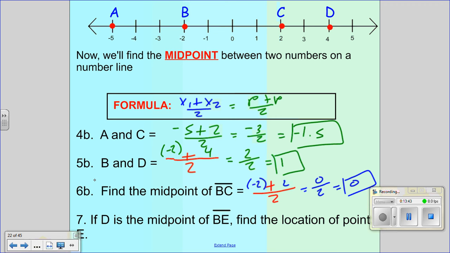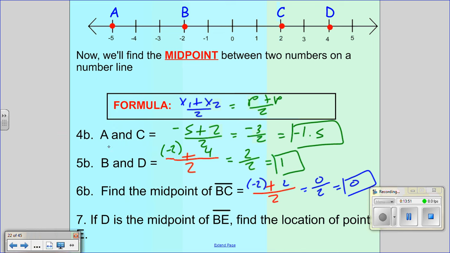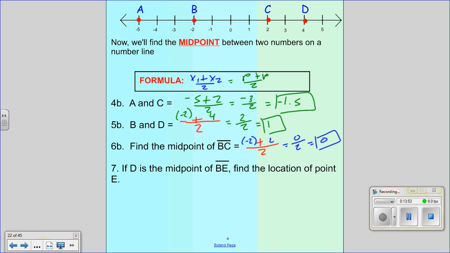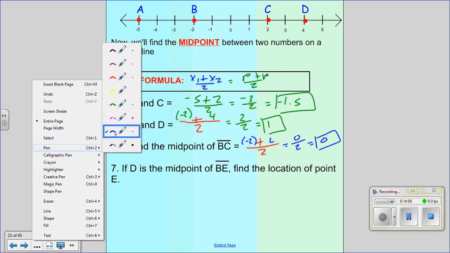All right, our next question says, if D is the midpoint of BE, notice there's no E at the top of our number line, find the location of point E. So we're going to find the location of E. So D is the midpoint. So the first thing we would have to do is find the distance between B and D. Since D is supposed to be the midpoint, D will be halfway